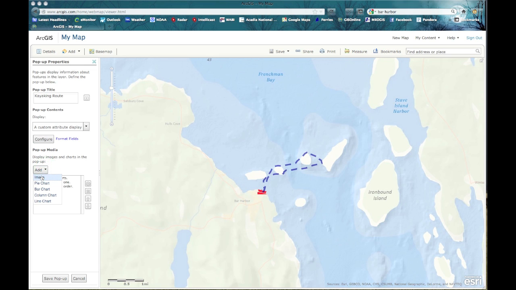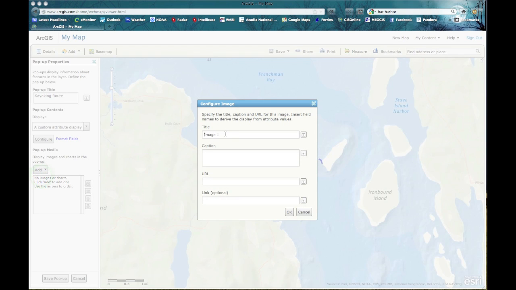I don't want a title or caption, so I'm going to leave these fields blank. In order to insert an image into my pop-up, it must be located somewhere on the web. So if you have an image on your computer, you'll need to upload it to a photo hosting site, such as Flickr, before you can add it to your map. When you add the image address in the URL box, you're pasting in the location of where this image is